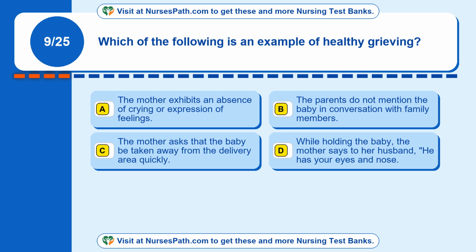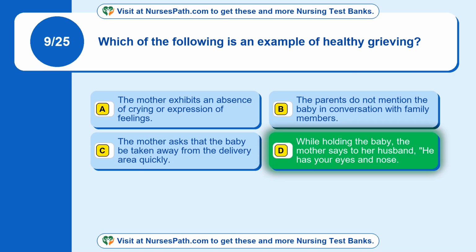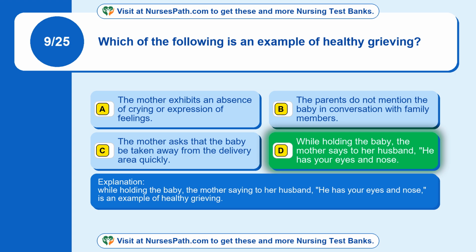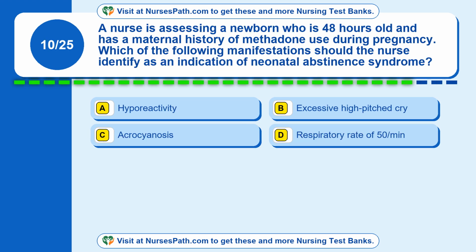While holding the baby, the mother says to her husband, "He has your eyes and nose." The correct answer is option D. While holding the baby, the mother saying to her husband, "He has your eyes and nose," is an example of healthy grieving. Question 10. A nurse is assessing a newborn who is 48 hours old and has a maternal history